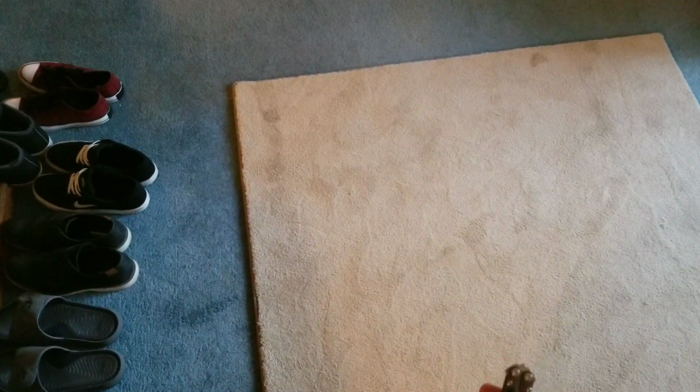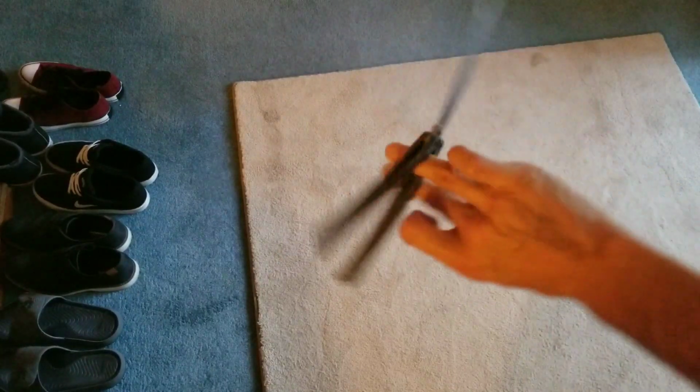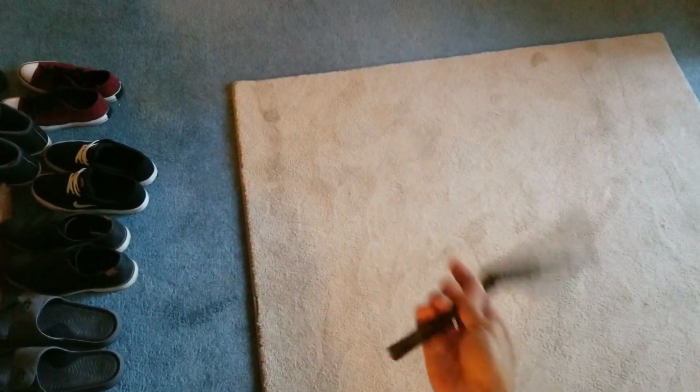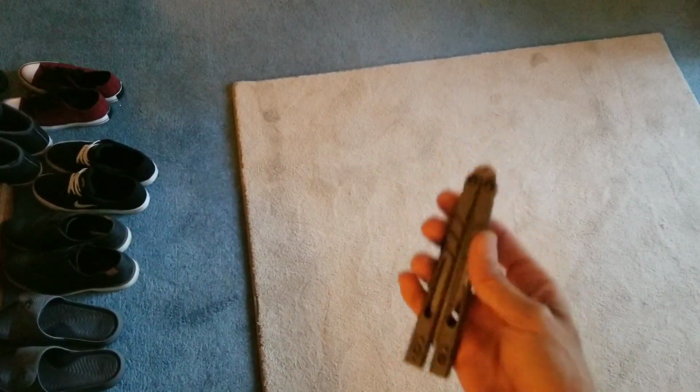Now I also brought out my standard alt blade Alpha Beast, just because in terms of balance, these are very similar Balis. I'll say the Covenant may have just a tiny bit more handle bias than my Alpha Beast does. But even in terms of price, these are pretty similar. I think Alpha Beasts are $370, these are $360, and you're getting a trainer blade and a pocket clip